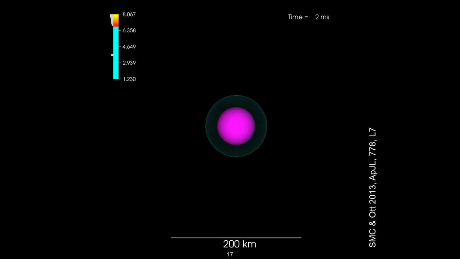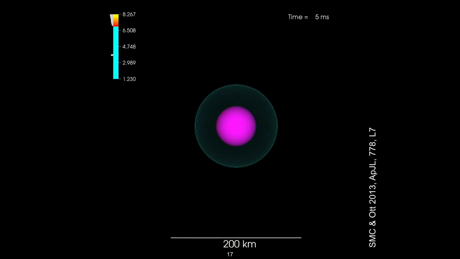And so the strong nuclear force becomes repulsive and stops the collapse almost instantaneously, within a couple of milliseconds. There's a phase transition, is literally physically what's going on. That stops the collapse suddenly, and it sends out this shock wave. And so this is what I'm actually showing here. This purple thing is the newborn neutron star, and the bluish thing is the shock wave that gets launched by that phase transition. And so what I try to study with computational simulations is what drives the explosion.